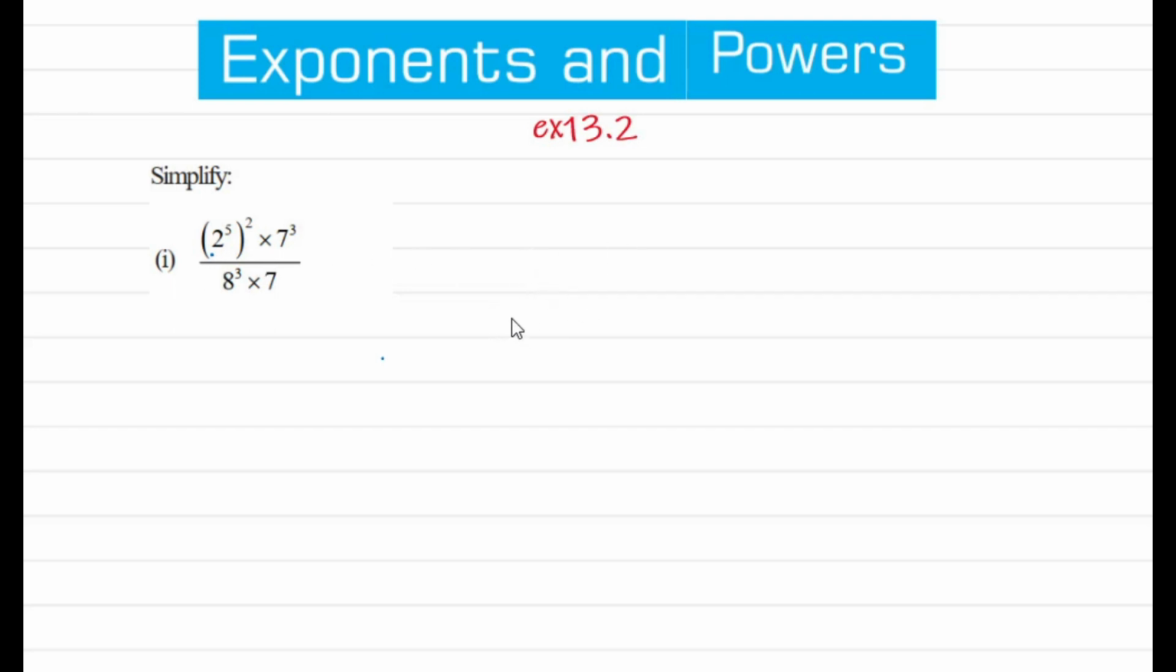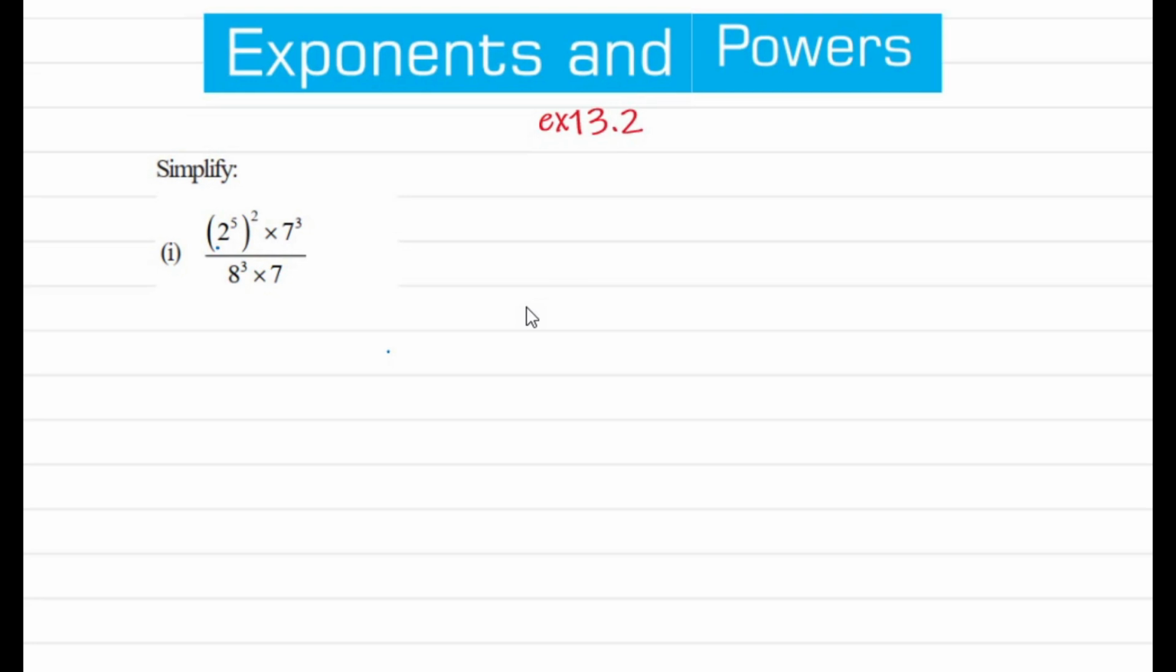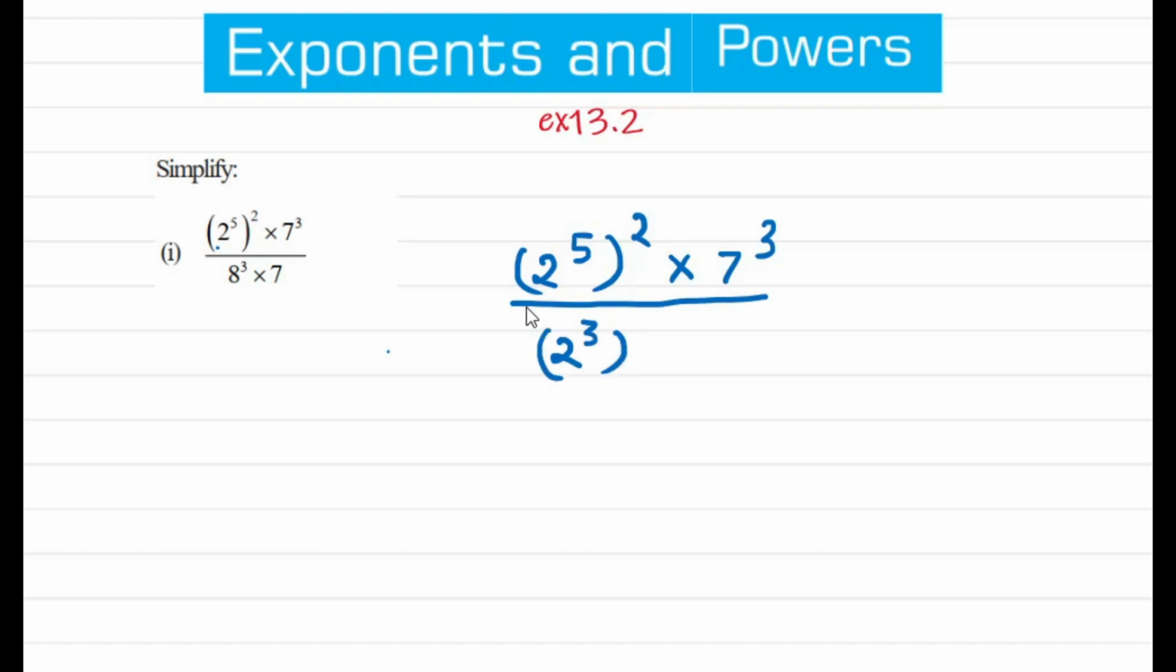So the numerator can be written as 2 to the power 5, 5 raised to the power 2, multiplied with 7 cube, divided by 8, which can be written as 2 cube, because the factors of 8 are 2 into 2 into 2. So it can be written as 2 cube, then again the third power, into 7. Now you know that a to the power m to the power n can be written as a to the power mn. Okay, so we will use this